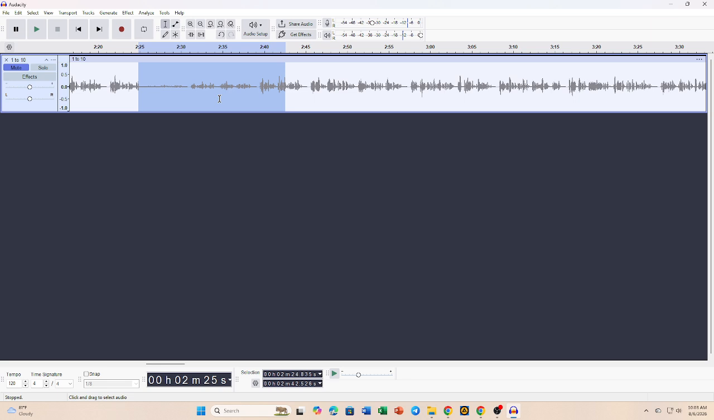the effect again. Now, for a fade out, select the ending portion of the track. Choose the fade out effect, and Audacity will gradually reduce the volume toward the end of your selection. Fade outs are especially useful for music, podcasts, voiceovers, and other recordings where you want the ending to feel more